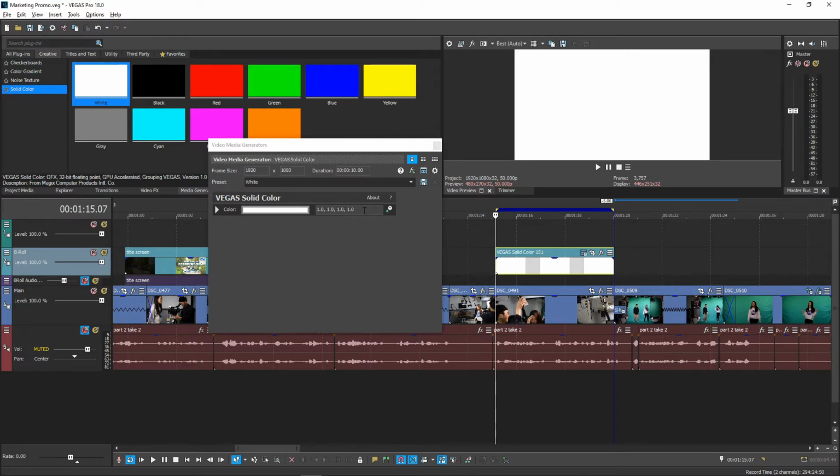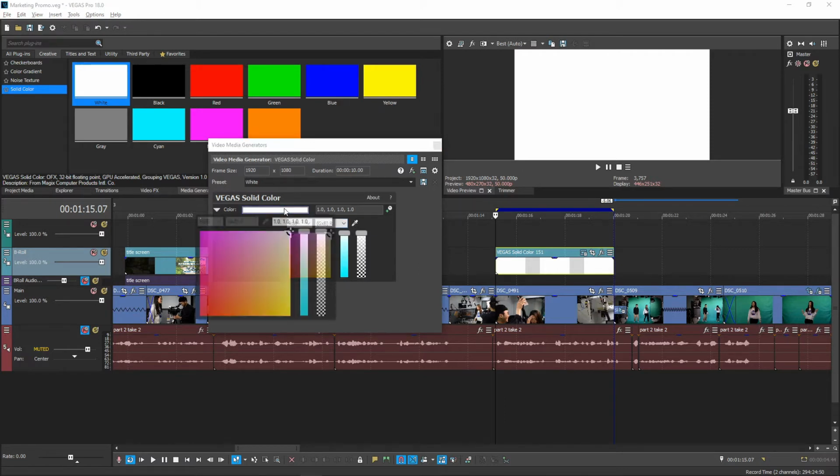This is where the preview window will come in handy. Place your timeline cursor on your block of color, and as you change the color in the settings, the preview window should show exactly what color you are choosing. You can click on the drop-down menu or on the color bar itself, and it reveals a color spectrum square for you to choose which color you want to use.